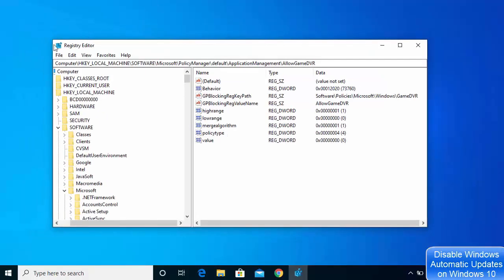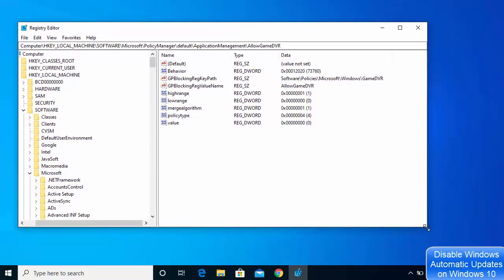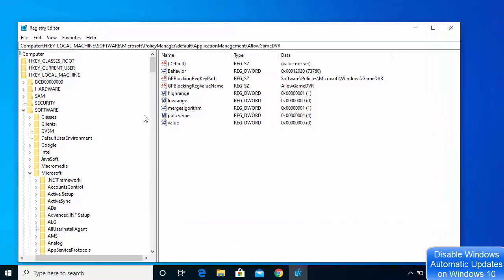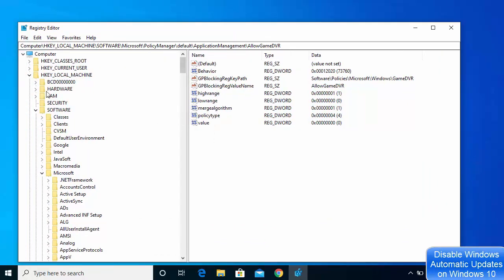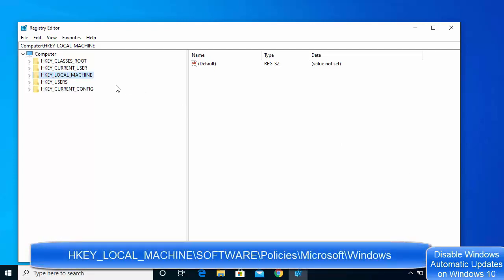So let me just resize this window so you will be able to see it in a better way. And once you do that, what I will do is I will just close everything here. And here what you need to do is you need to just go to HKEY_LOCAL_MACHINE.